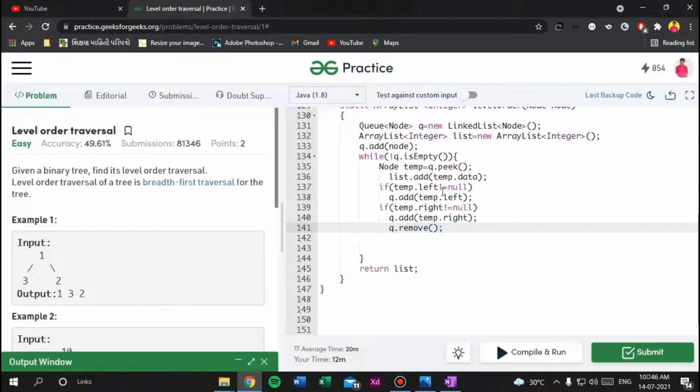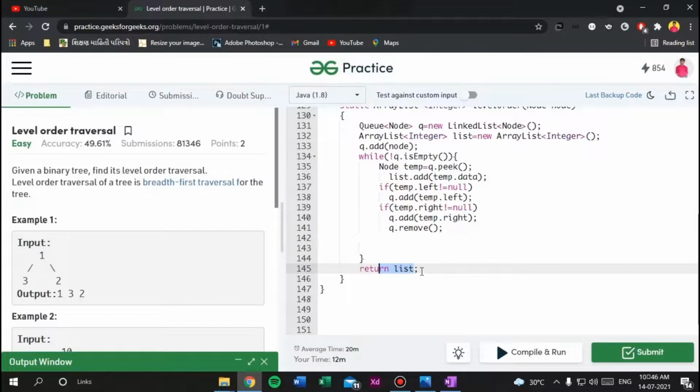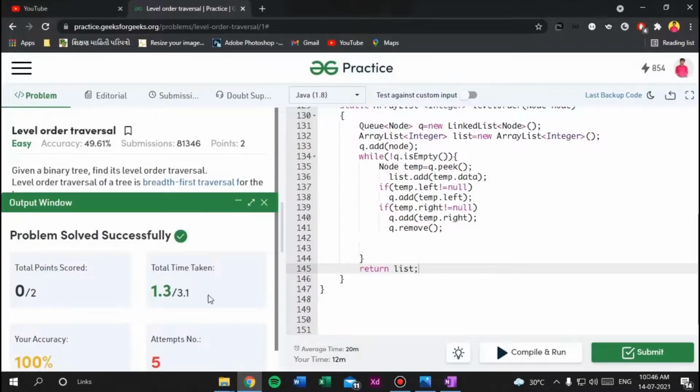Whenever the queue is empty, we come out of the loop, get our answer in the list, and simply return the list. I hope you got it. Let's submit and check it. Okay, problem solved successfully.